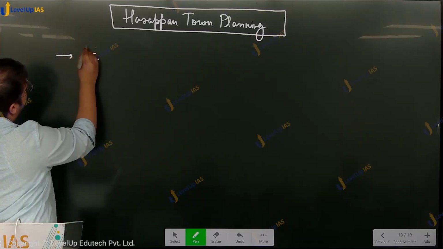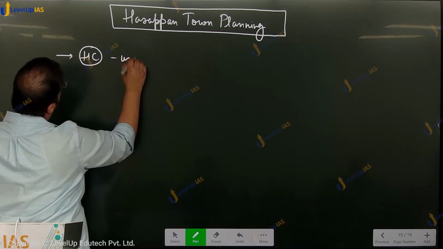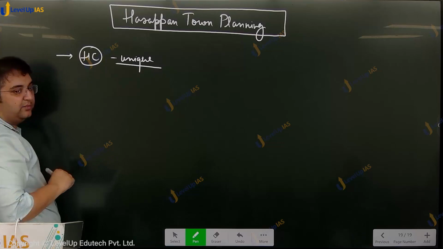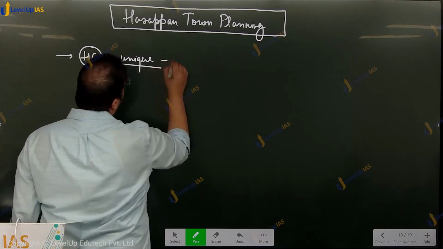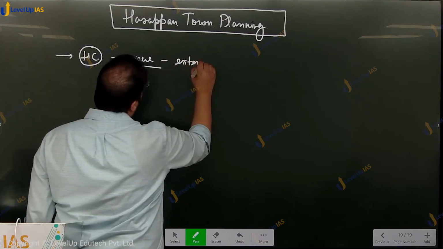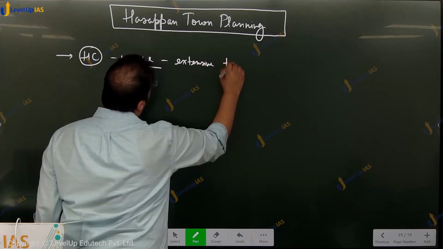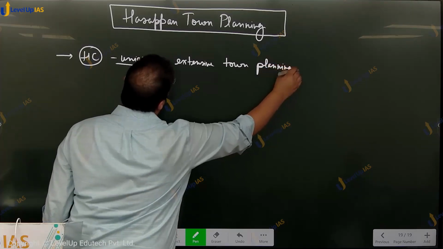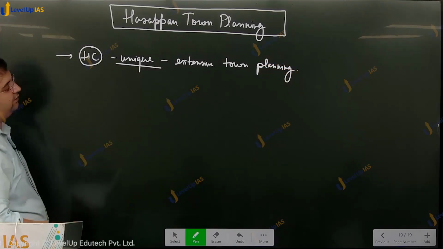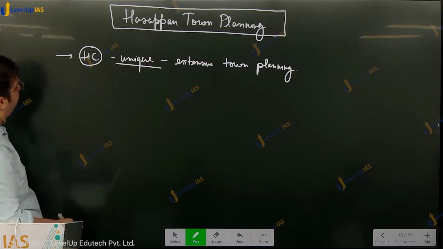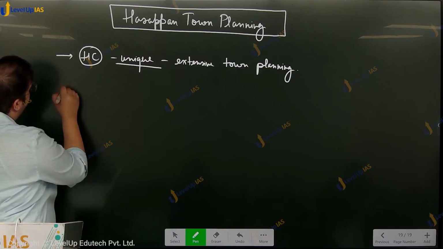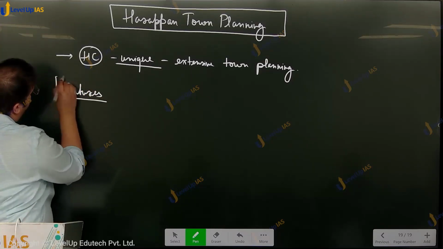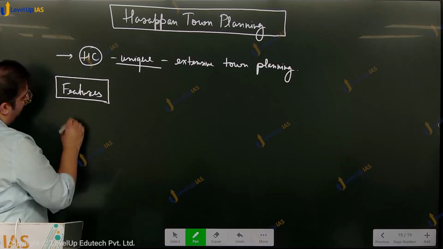The Harappan civilization was unique among all the other Bronze Age civilizations due to its extensive town planning, which was not found in the other civilizations. Its important features include